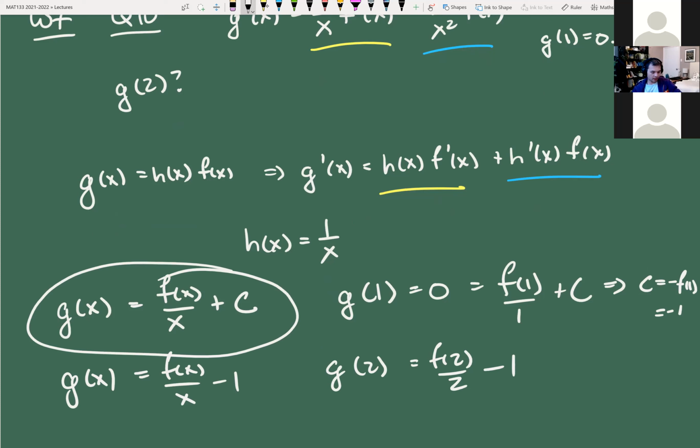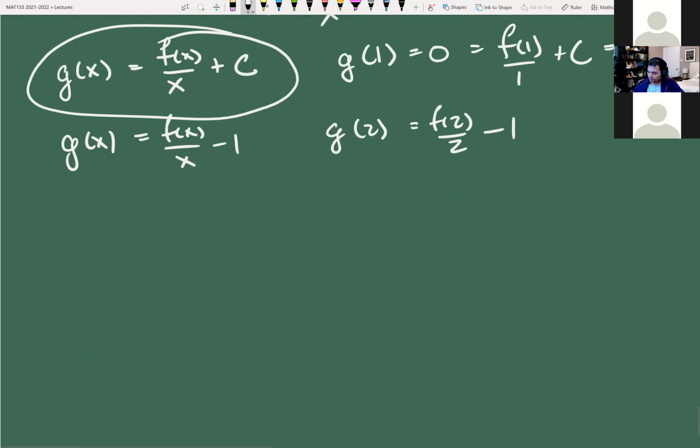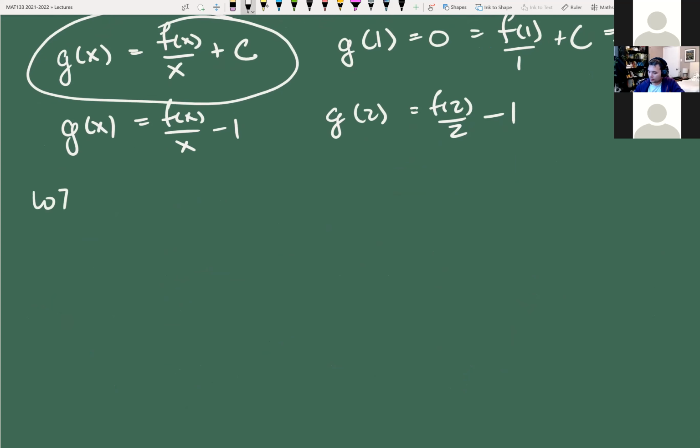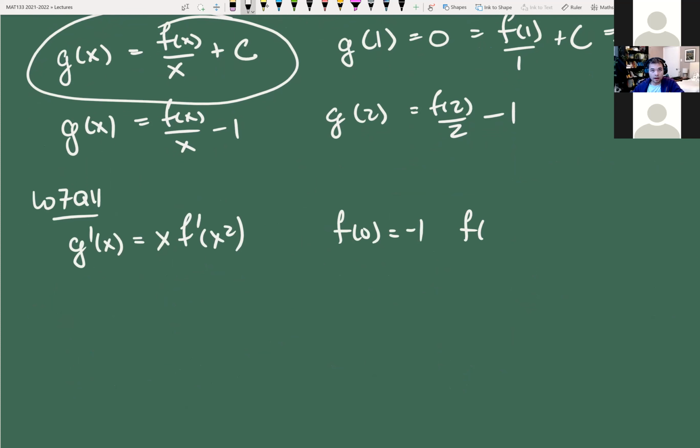Okay, and then week 7, question 11, which I guess is the last one, is the same sort of thing. So this is now week 7, question 11. We've got g prime of x is x f prime of x squared. We're told f of 0 is negative 1, f of 1 is 2, g of 0 is 0. Okay, and then it says what is